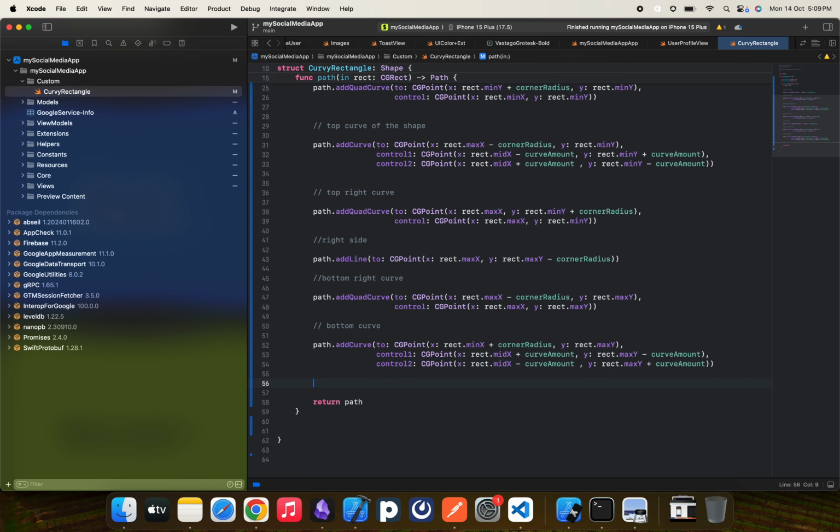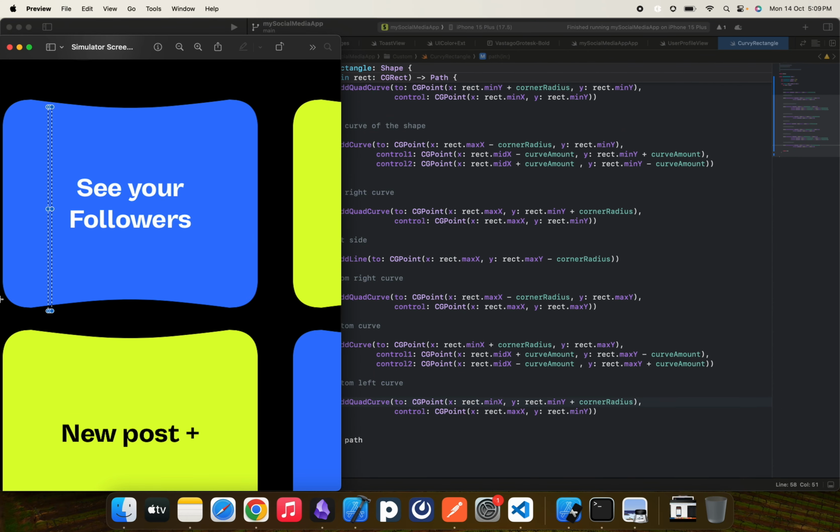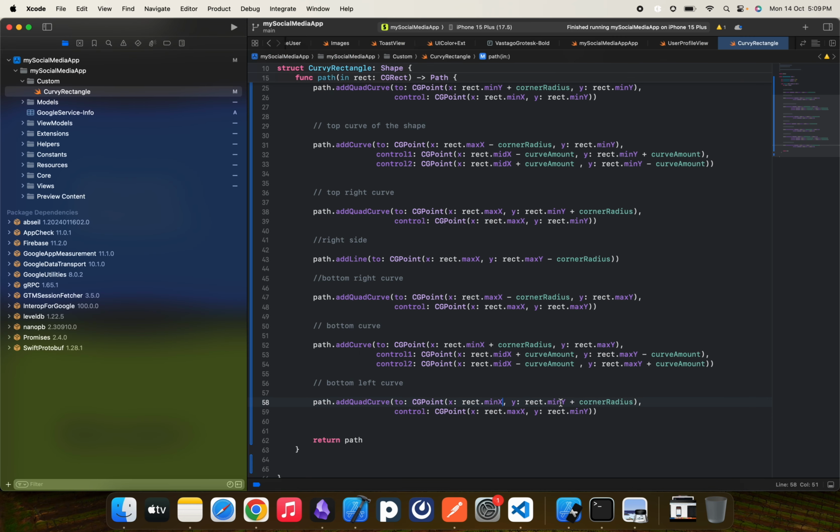Now that we have done this much, we just need to add the bottom left corner, the bottom left curve, and then we can finally join the shape with one path line, add line basically. So we can have path dot add quad curve, copy paste. Now it asks us a few things, so this should be minimum of x now, because we are going here, so we reach this point, and it should be y minus something, I guess. So yeah, it should be maximum of y